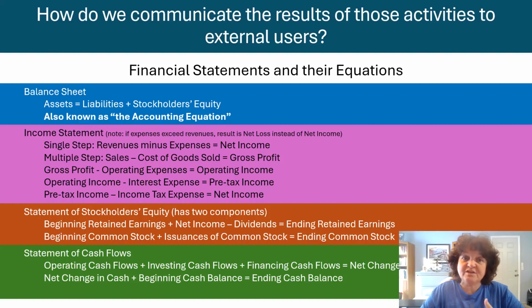Before I go on to that, I should mention cost of goods sold. Sales, or sales revenue, is the amount that we sell our goods or services for. So that's the selling price times whatever quantity we sold, all totaled together. And then the cost of goods sold is what it cost us for those things that we're selling. How much did we buy the inventory for that we turned around and sold to our customers at a higher